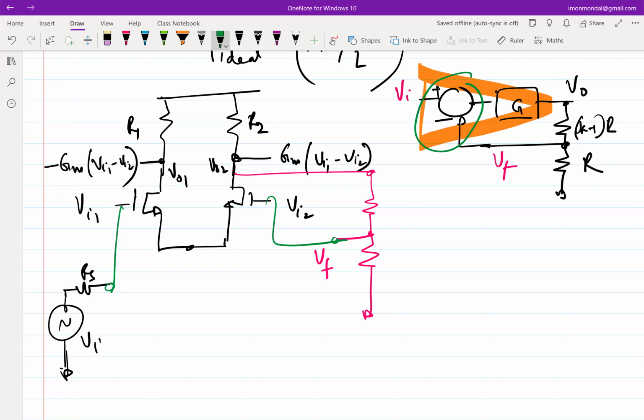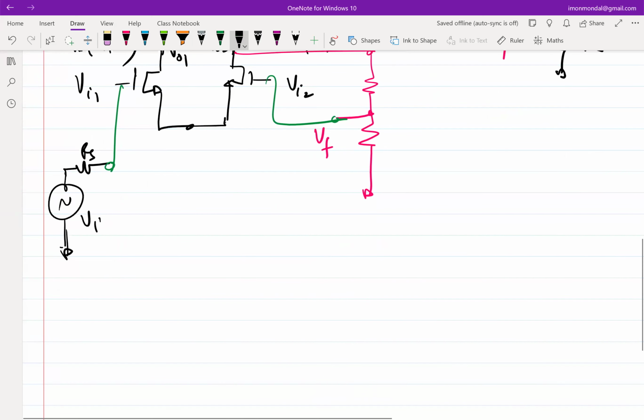Yeah, you can break the loop and then apply an increment. You can break the loop anywhere. But when I say anywhere, I mean it should be anywhere inside the loop. You cannot break something which is not a part of the loop. So where is the loop here? The loop here is this, right? And also another important thing, you have to break the loop. It is instructive to break the loop in the direction of the signal flow. Again, what I mean by that is whenever